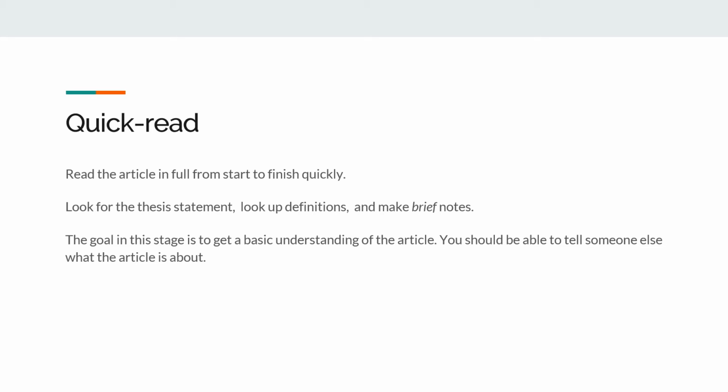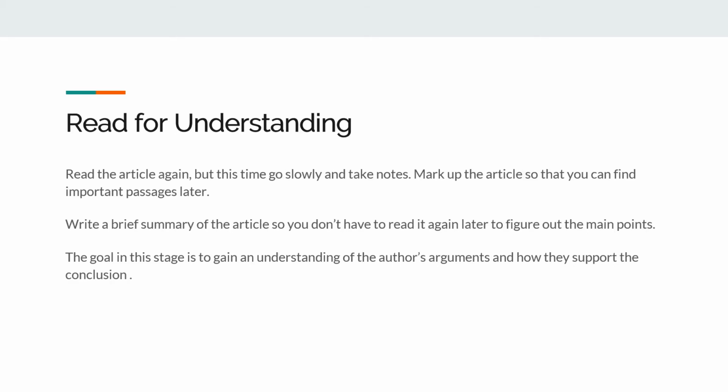So when it comes to the quick reading step of the reading process, the goal is to just get the most basic understanding of the piece of work that's being written, so that if you had to explain to somebody what it was you were reading, you could just tell someone else what the article is about. Not that you really have to defend it, not that you really have to go into the intricacies of the argument, just this is what the argument's about, this is what the author is trying to do. After you've read it through quickly,